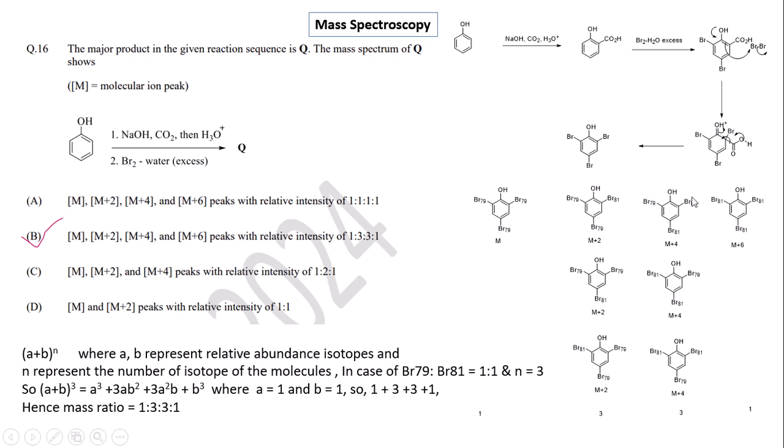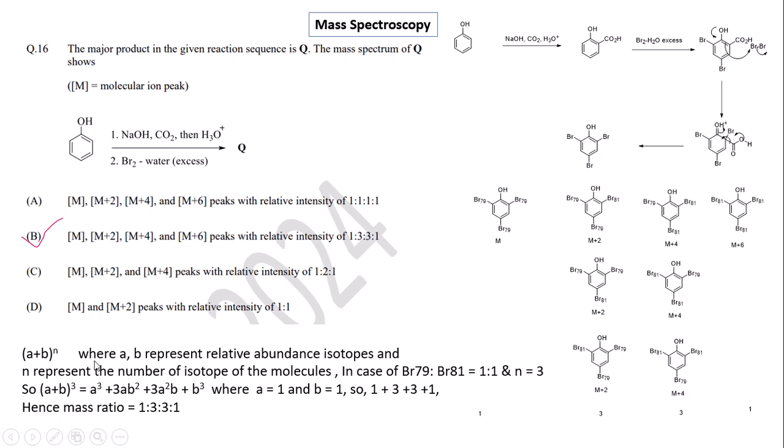And if 2 bromine atoms are 81, then it converts to M plus 4, and its probability is also 3. And in case all the bromine atoms are 81, then the mass is M plus 6, so the probability is 1. So the intensity ratio of the masses for M, M plus 2, M plus 4 and M plus 6 is